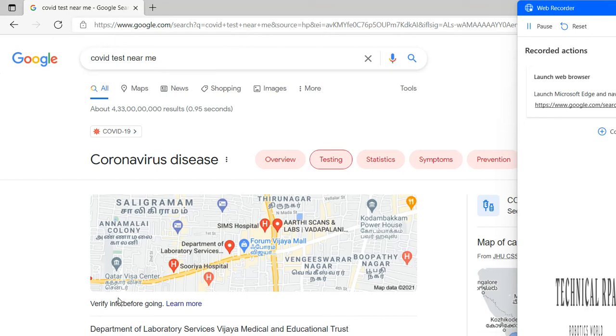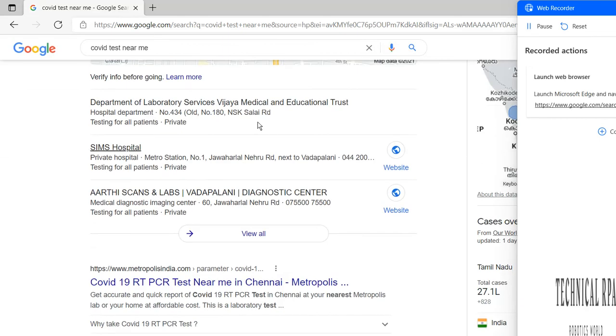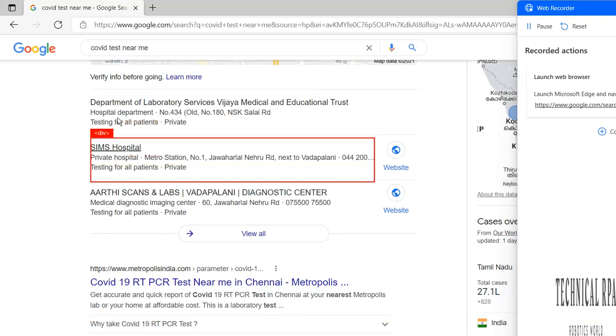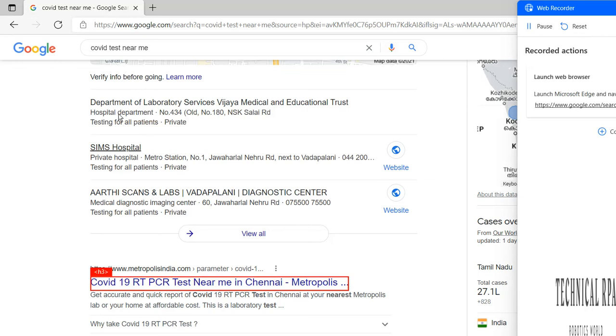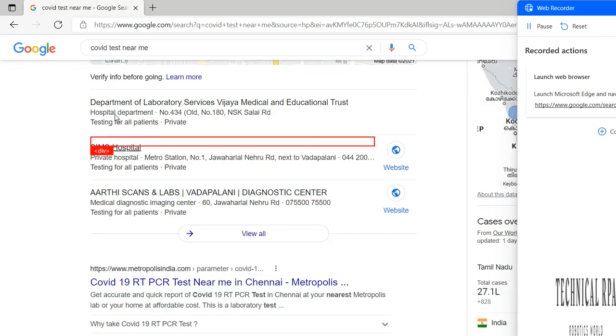So here I clicked, I do a right click. I want to get the hospital name. Here you can see, yeah, it's moving again.